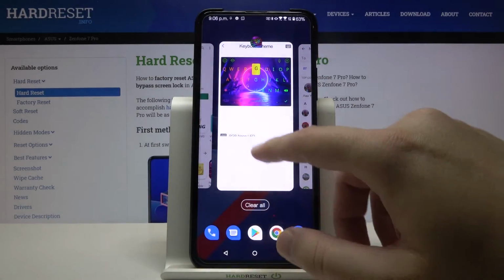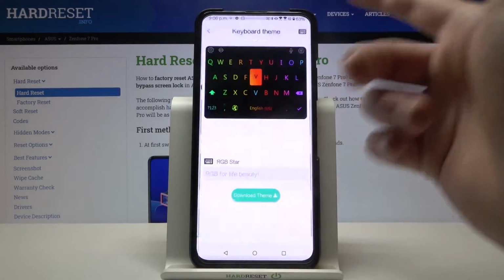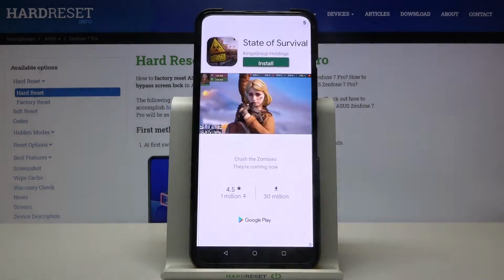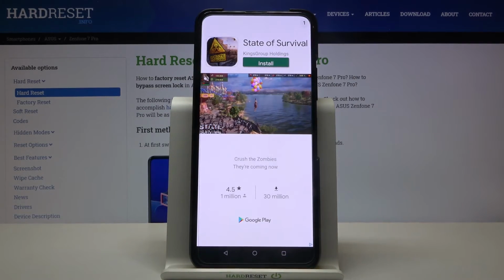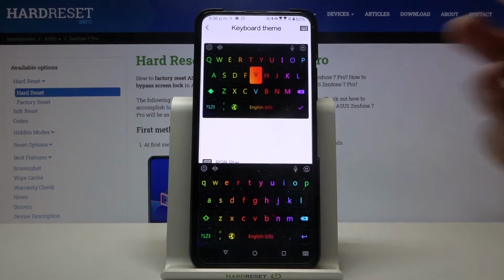You can of course pick other themes if you want. You can easily change it by clicking here, and of course turn off this ad, and here we got the other